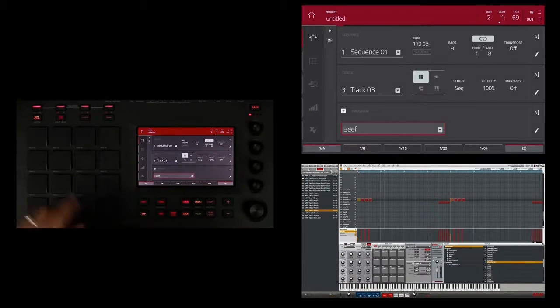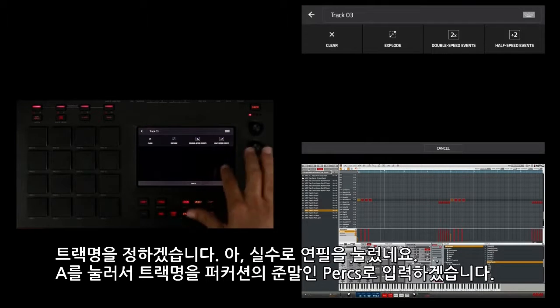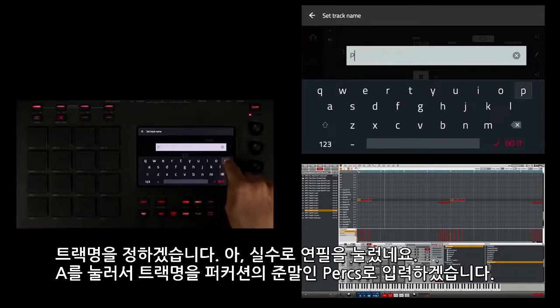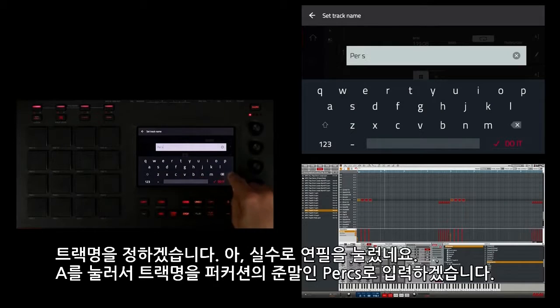So I'm going to get out of note repeat by touching note repeat, and then I'm going to go to the next track by hitting the plus here. And now I want to name the track by hitting, nope, I hit the pencil. I meant to hit the A here, and I'm going to go ahead and name the track. And I'm going to name it Percs, P-E-R-C-S,